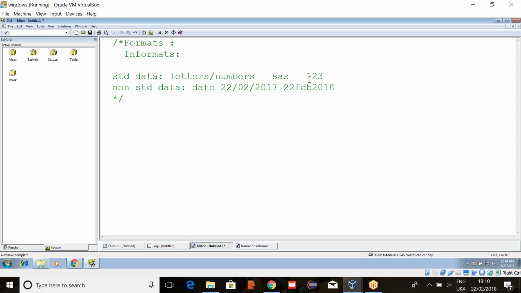But if you take SAS 123 and 123 SAS, can we perform any type of calculations between these two? We can't, right? So this will not become non-standard data.